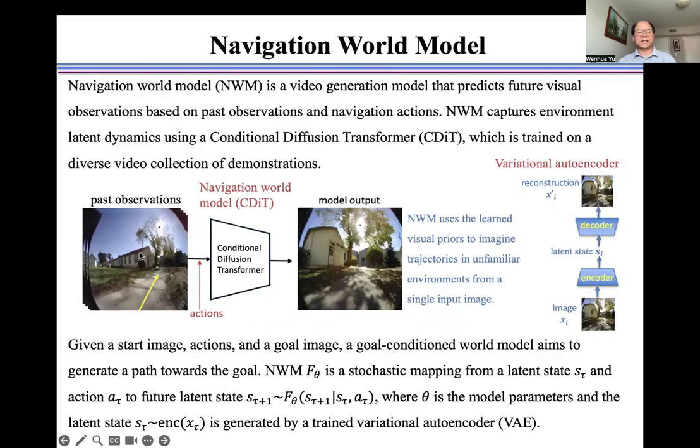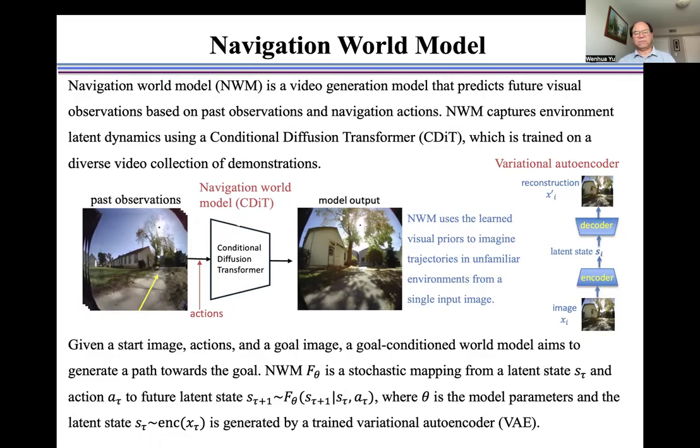demonstrations as shown here. This navigation world model takes these past observations, these actions, and outputs this. Given a start image, actions, and a goal image, a goal condition, the world model aims to generate a path